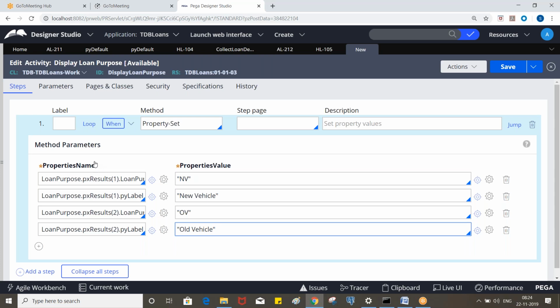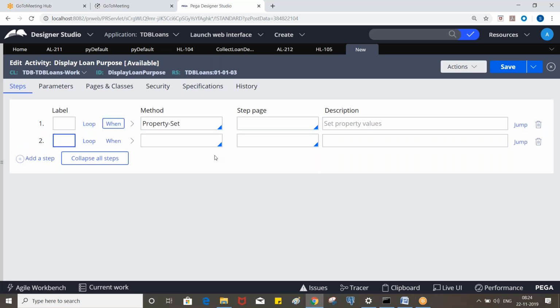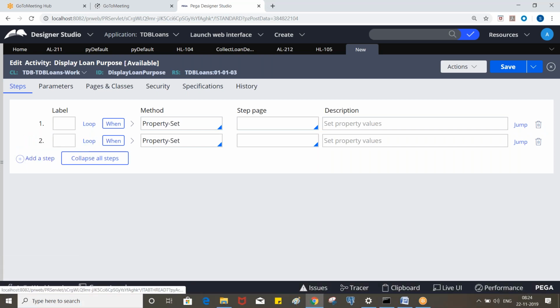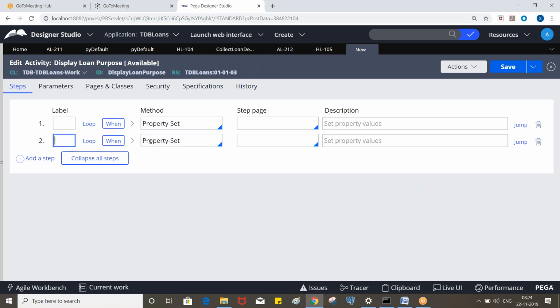Now if it is home loan, copy the step and paste it, but the condition needs to be modified. If it is home loan, continue, otherwise skip the step. If it is auto loan, the first step will be executed and the second step skipped.